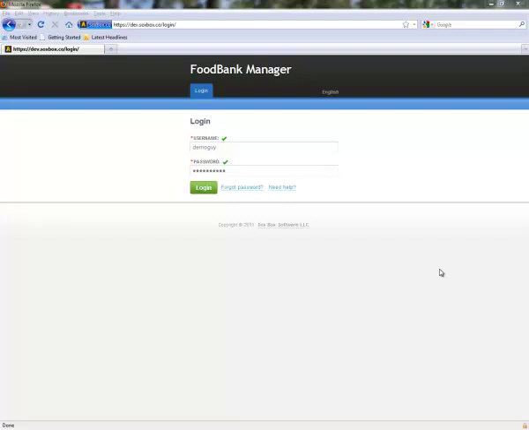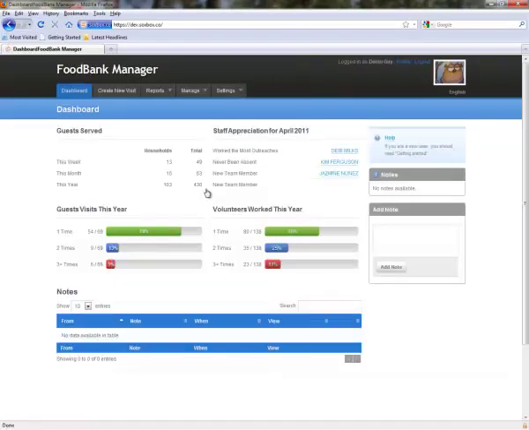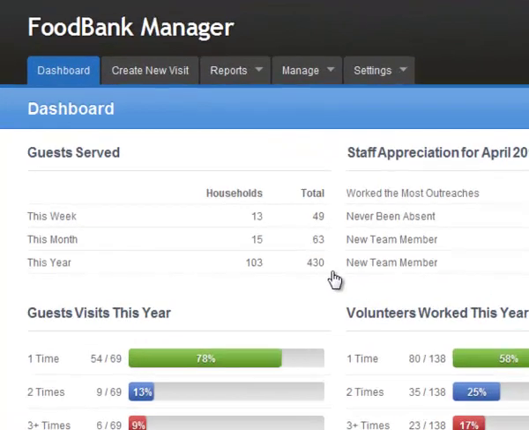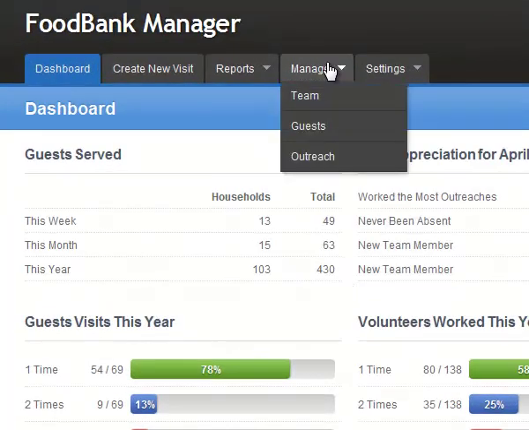This video tutorial is for managing the guest account and the settings that are available. The first thing we will do is log in. Then we will go to Manage, Guest,